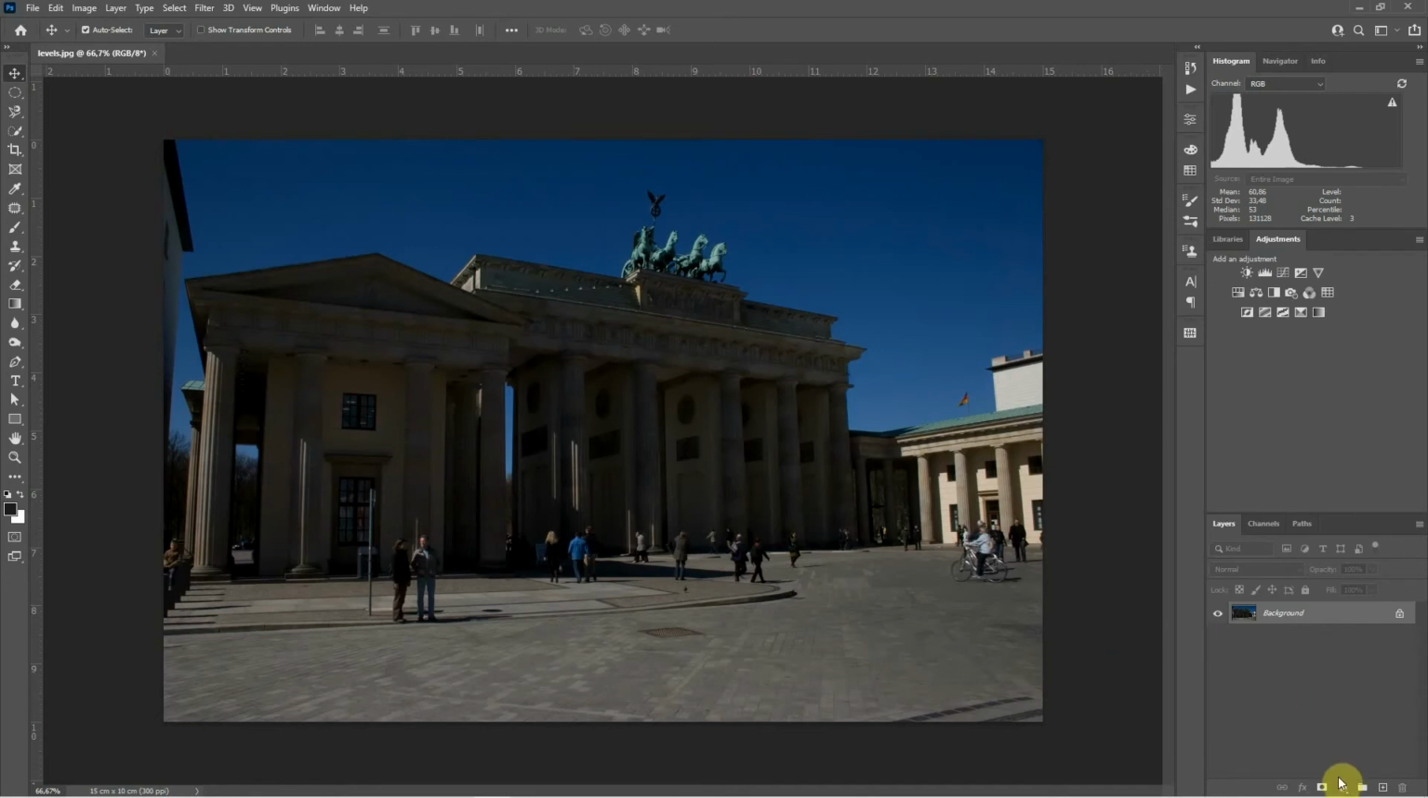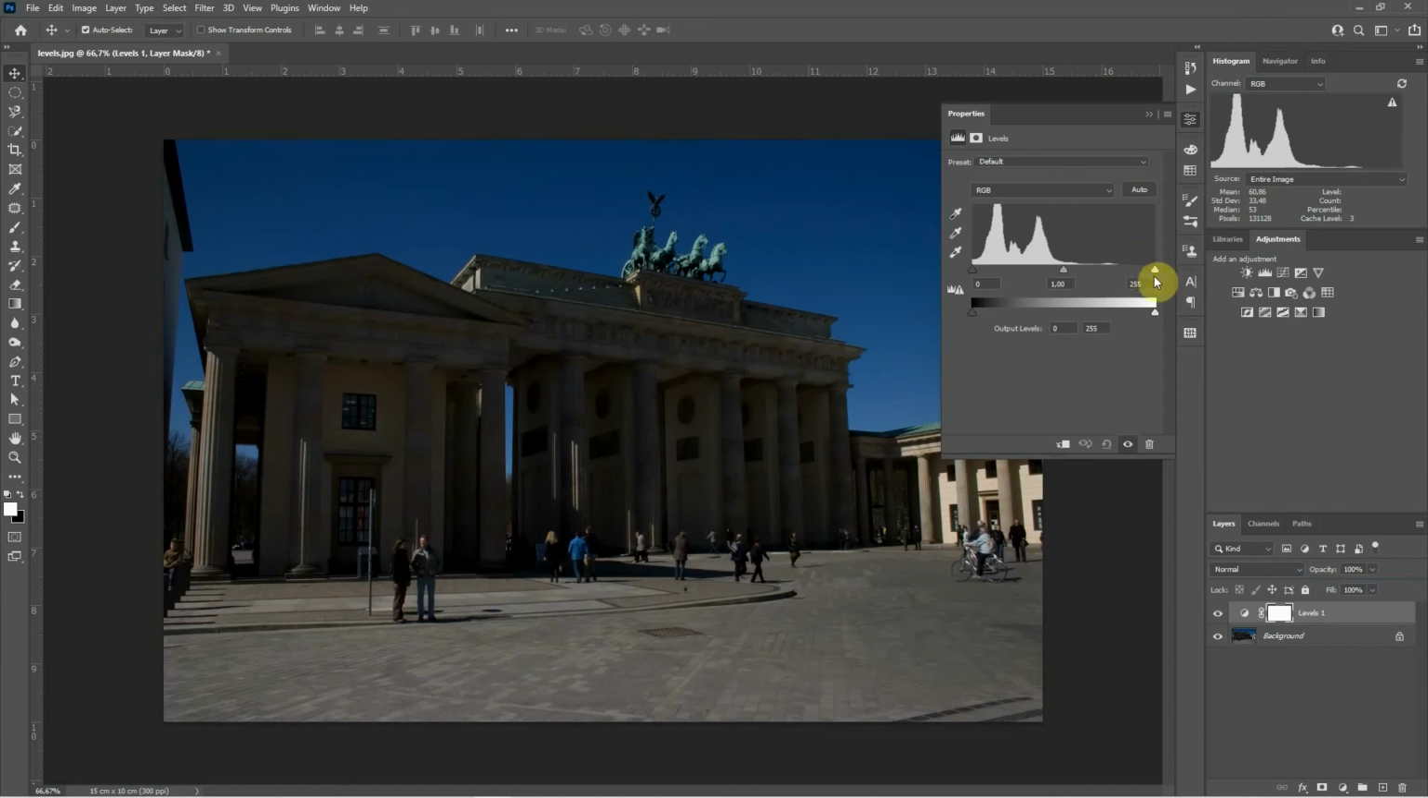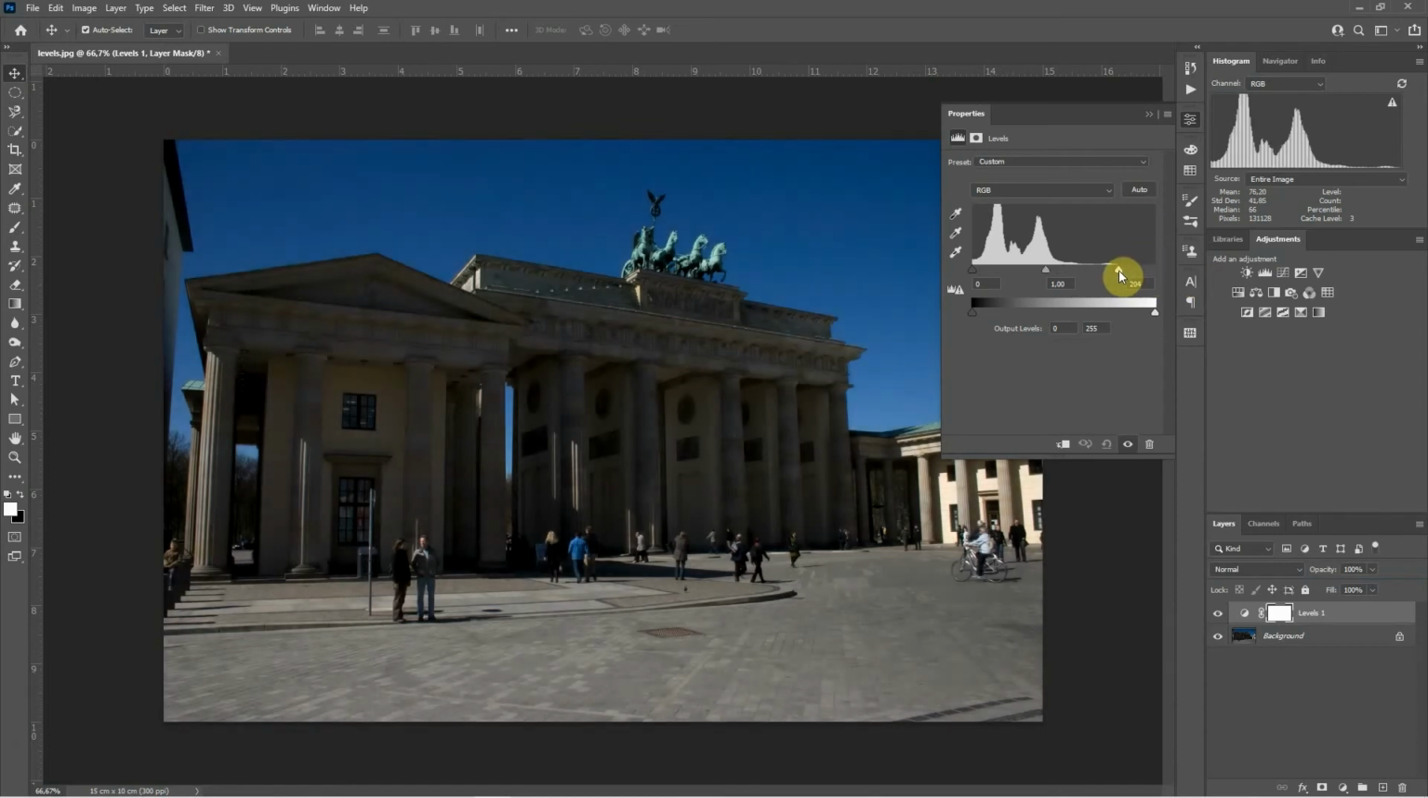We do that by going to this flyout menu and going to levels. This is on the layers panel. And then we can just simply drag this slider over. We want to avoid clipping. So clipping is when you